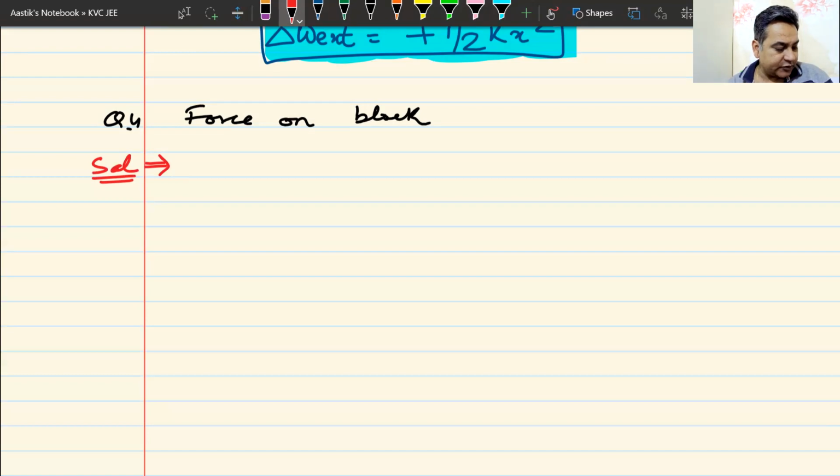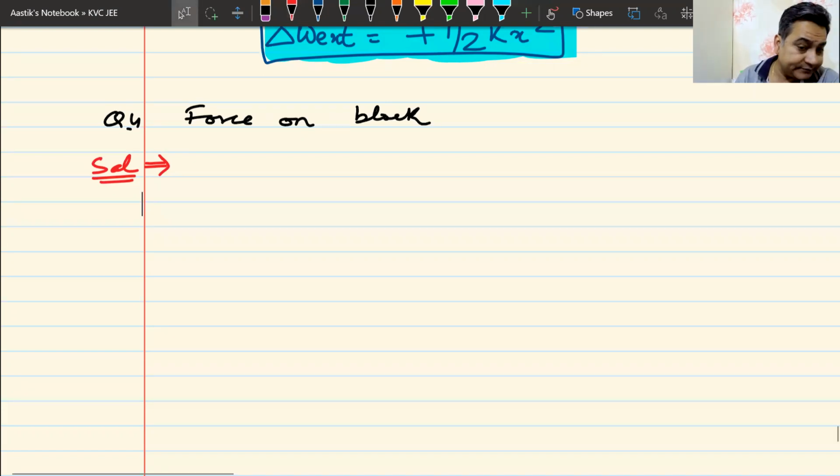It's a very simple question. What is the force acting on the block? Anyone in the online class, anyone in the offline class, can you give me the answer for this one? Straightforward question. No rocket science. What is the force acting on the block? And the answer is